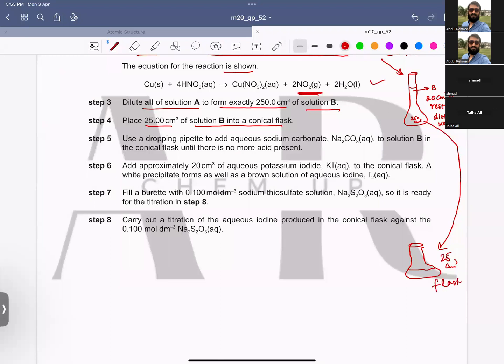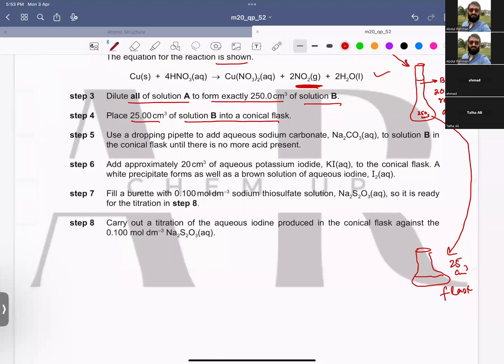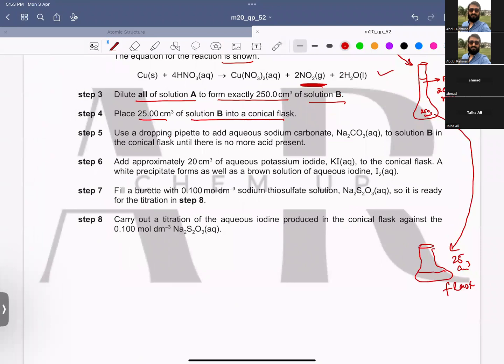Use a dropping pipette to add aqueous sodium carbonate to solution B in the conical flask until there is no more acid present. So if we have added the sodium carbonate, they start reacting and bubbles can be observed. So when the bubbles stop,